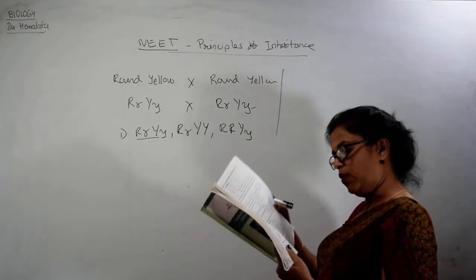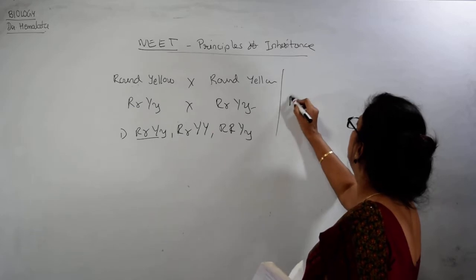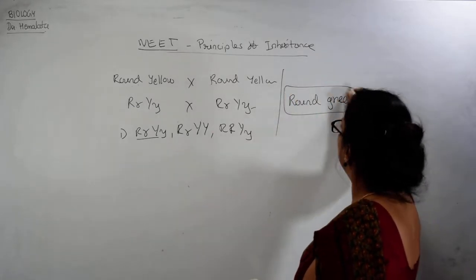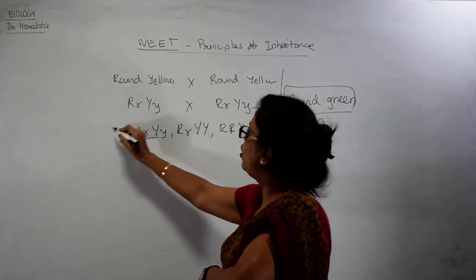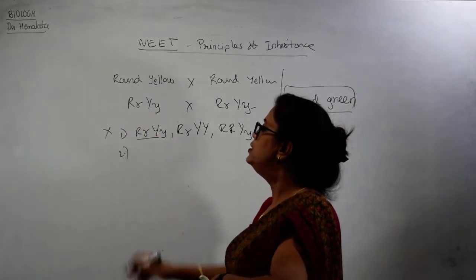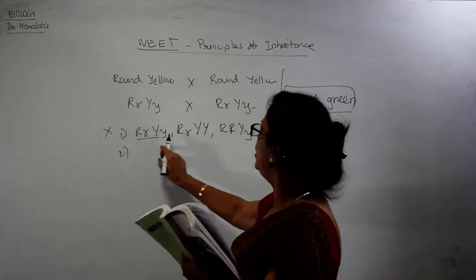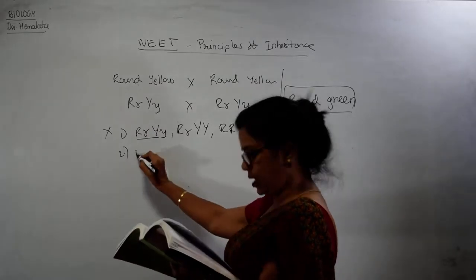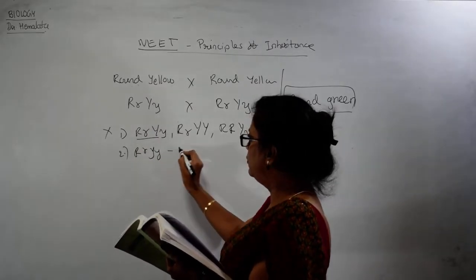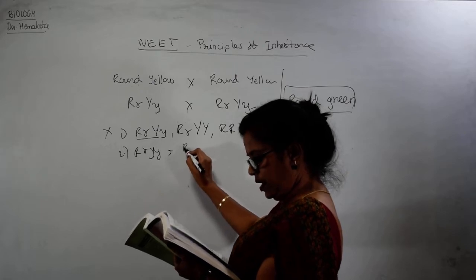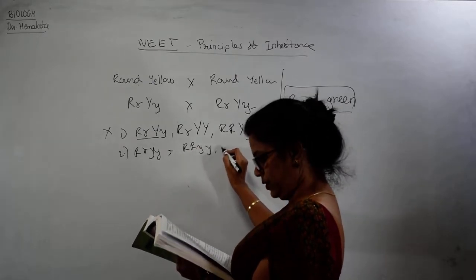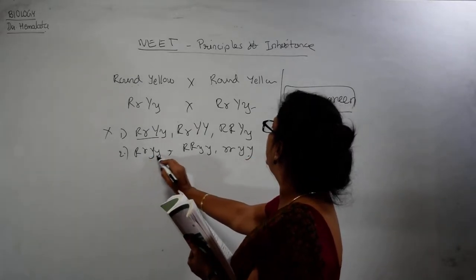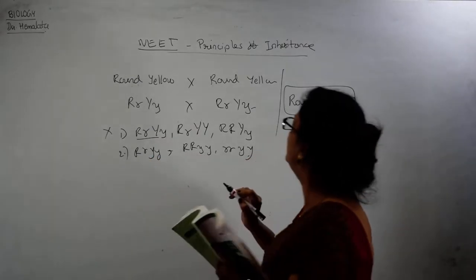See the question, what they are asking: round green offsprings. They are asking how many are round green. Here, how many are there? The first one itself is wrong, so the first option has gone wrong. Because this is round and yellow, and they want round and green. The second option says capital R, small y, small y; another one, capital R, small y; the first one, small r, small y, small y. Here this is right. This is round and green, this is round and green, but this is round and this